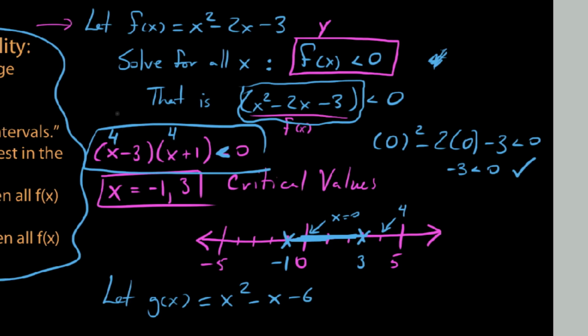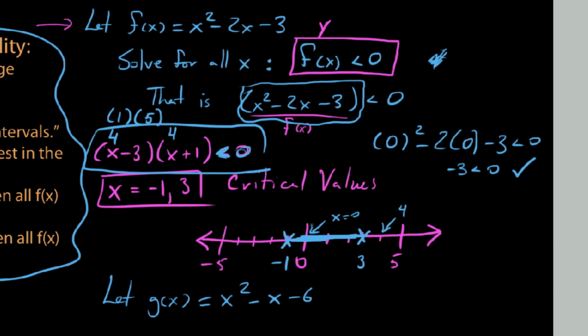4 minus 3, and that comes out to be 1, which is positive, by the way. And 4 plus 1 comes out to be 5. But the bottom line is you're taking a positive times a positive, which means you get a positive. And we're saying you're getting a positive number, and that's less than 0. And what we know is that's a false statement. So if 4 is false, then the entire interval from 3 out to infinity